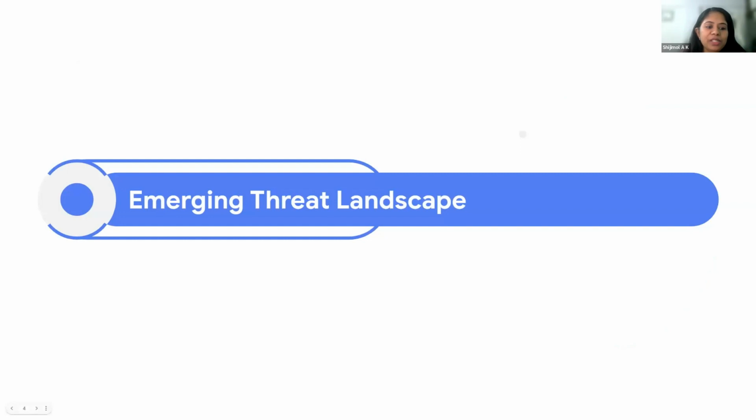Now let's get started with the session. Today's session is about cloud native security, right? How do you protect your applications in the cloud? Today we have a number of emerging threats that are different from what they used to be, say, 5 or 10 years ago, because we are seeing a lot of cloud adoption these days, and along with cloud comes modern threat vectors that we need to eliminate. Let us start with the problem statement. What is the current threat landscape that we need to protect our cloud native applications from?